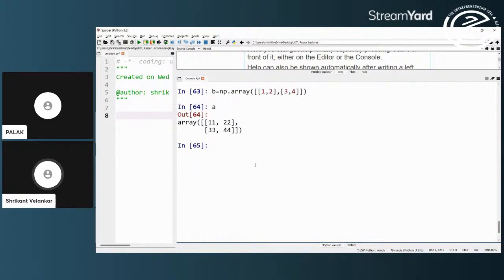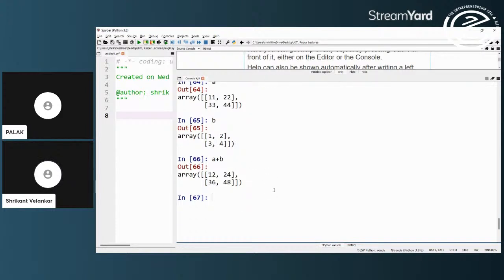Okay, so A is this and B is this. Then in such a case, I can do A plus B. You will see that the element by element addition will be carried out.